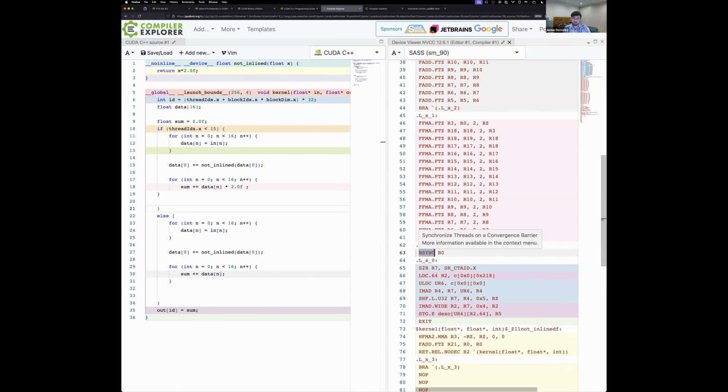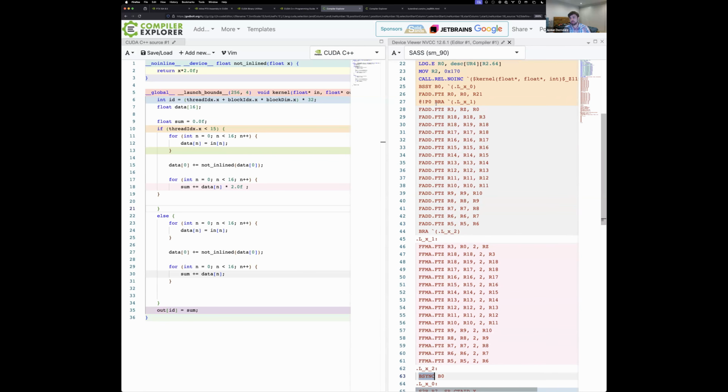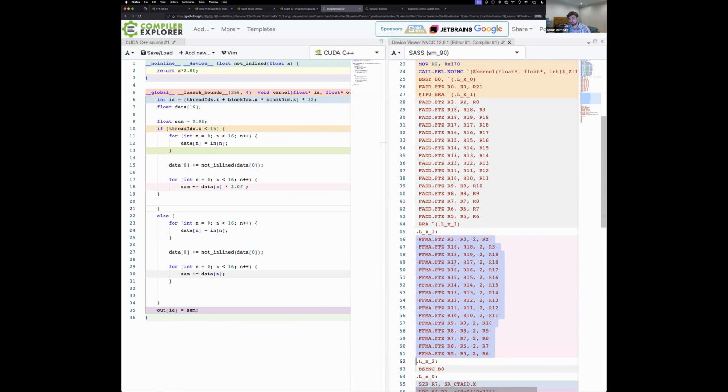What the bsync instruction does is the threads that are active get disabled, and the ones that were disabled, which in this case would be the ones that did take the branch, then get re-enabled at this label point. And then all the threads of the other side of the warp that took the other side of the branch